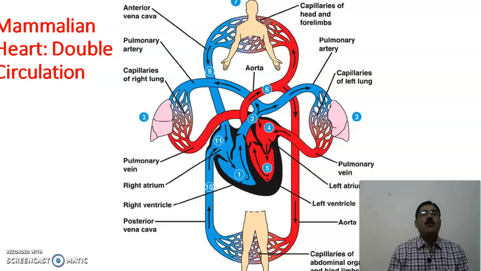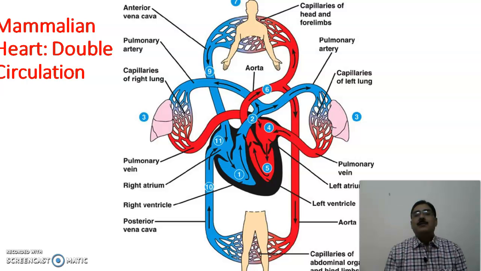Now this is what we have studied earlier on, that the mammalian heart has a double circulation. ये वही है जो हमने प्रारंभ में पढ़ा था कि स्तनी के हृदय के अंदर दोहरा परिसंचरण होता है। यहाँ पर नीले रंग से जो परिसंचरण दिखाया है उसको हम बोल रहे हैं ऑक्सीजन रहित रुधिर का, और जो लाल रंग से दर्शाया है वो ऑक्सीजन सहित रुधिर का परिवहन को दर्शा रहा है. If you see the structure very clearly, the left part is red colored with left atrium, left ventricle, and